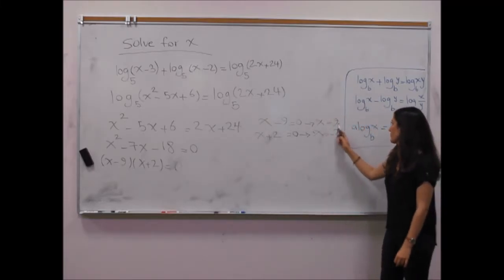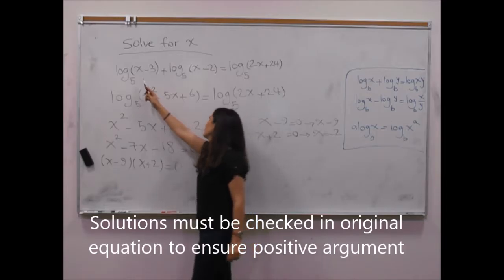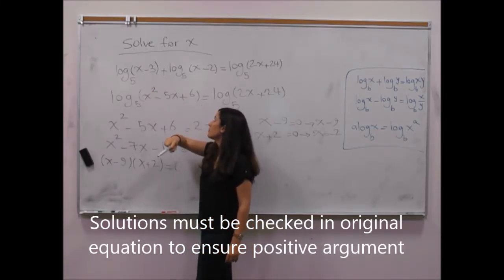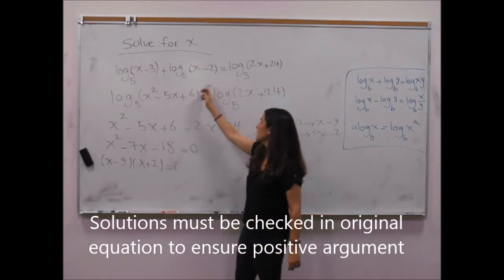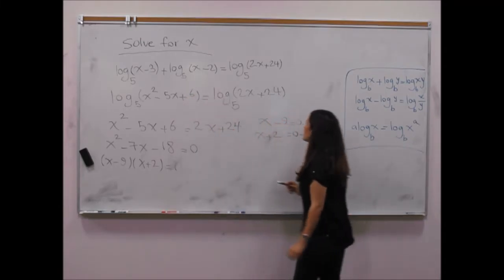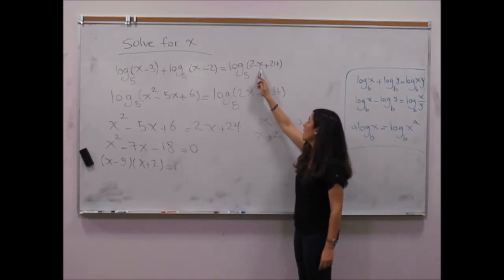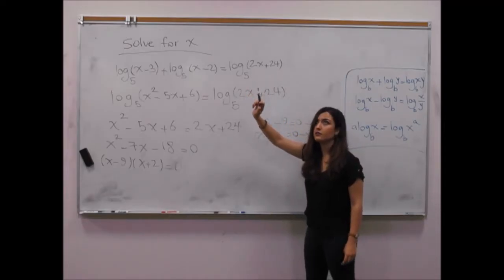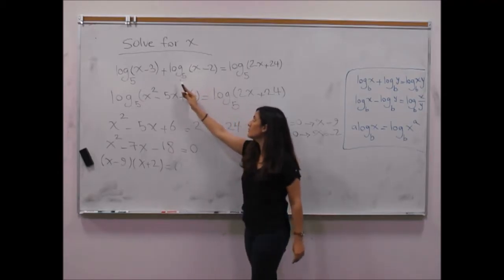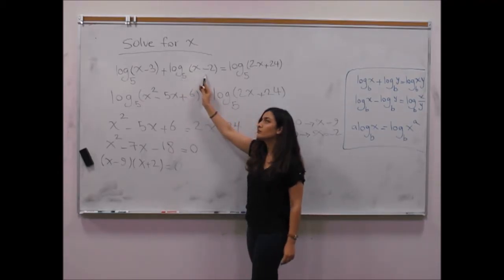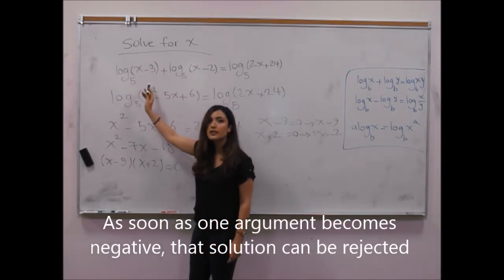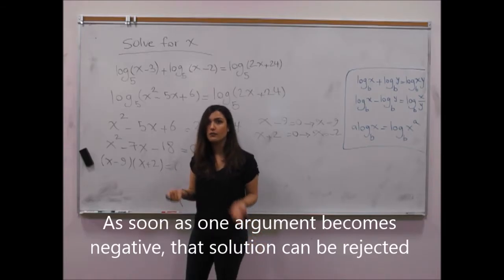So we're going to check. If we plug in 9 here, we get 9 minus 3, which is 6, so log of 6. Positive number is okay. 9 minus 2 is positive 7, so log of 7, again, it's okay. And then if we plug in 9 over here, we're still going to get a positive number. But negative 2 doesn't work in this one. It's going to be log of negative 2 minus 2. It's a negative number. And then log of negative 3 minus 3, it gives me log of negative 5, again